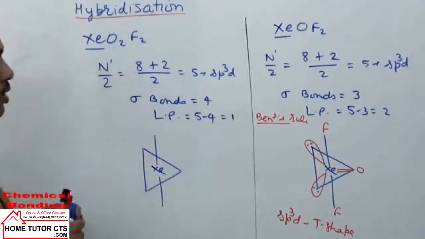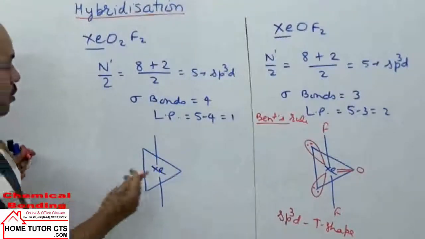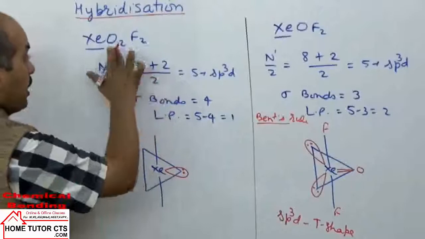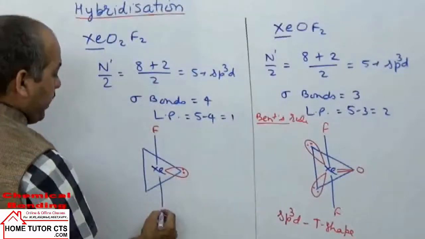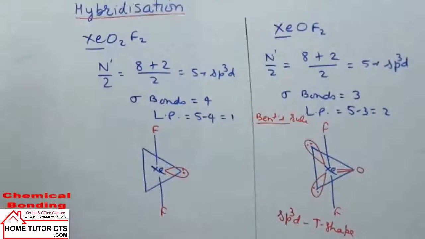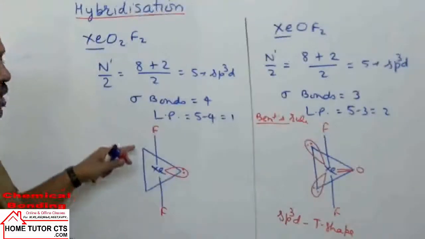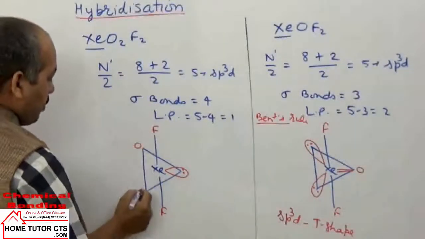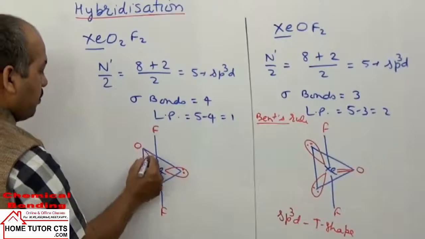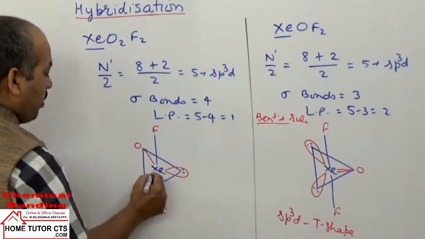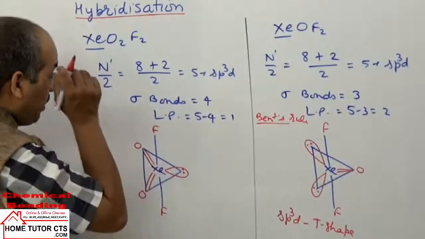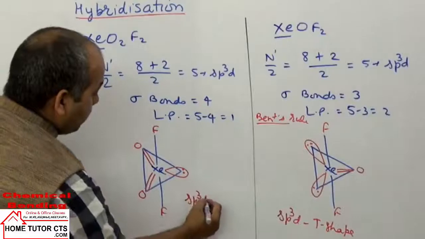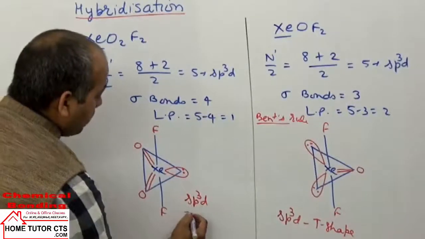Now as per Bent's rule, first we can place one lone pair equatorial. Then, applying Bent's rule, the more electronegative atom, fluorine, is placed at the axial position and the less electronegative atoms at equatorial positions. We have two oxygen atoms that will be equatorial. Oxygen should have a double bond to complete its octet, being a divalent atom. The hybridization here is sp3d and the shape is called seesaw.